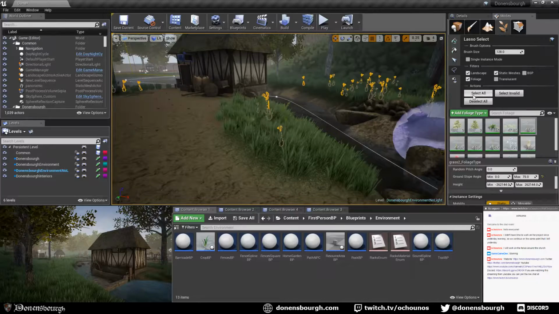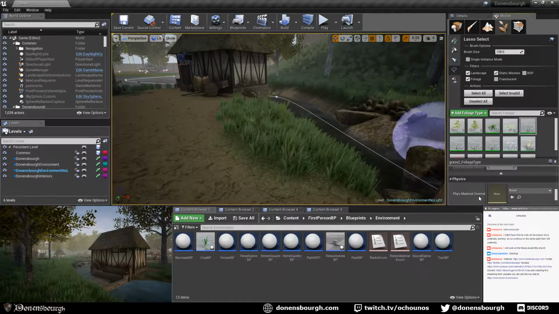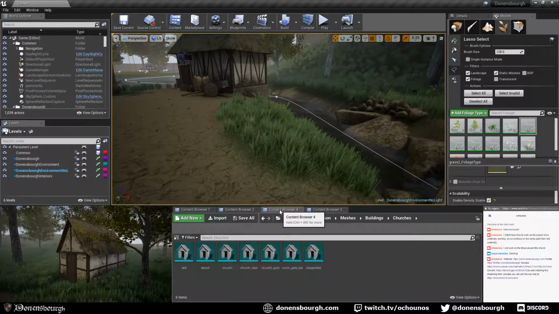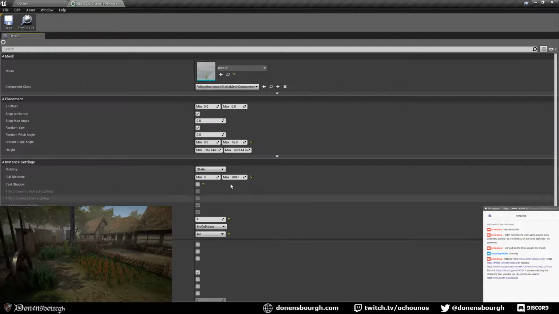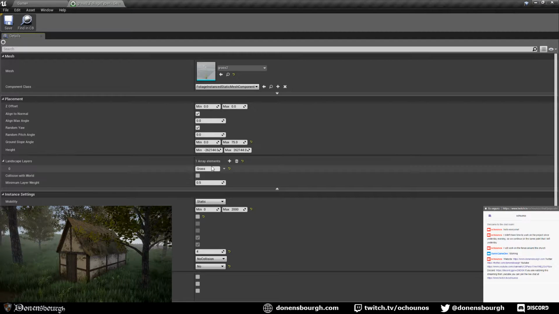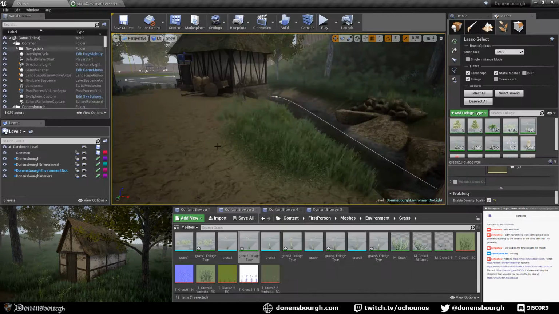I think the problem is, I think I found this. They can only be painted on terrain. How to check this one? The grass. I think I have found this. Landscape layer. They can only be painted on grass and need to be at least 1.5. That's why